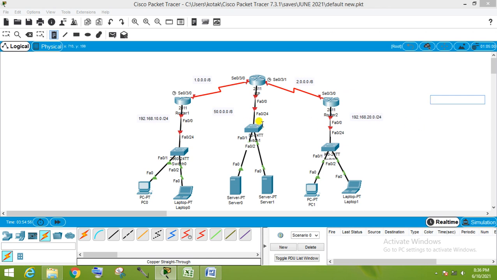So what I am planning is, this is our ISP router, and suppose these are our servers. Suppose this is our Gmail, or you can say Google server, and this is our Yahoo server.